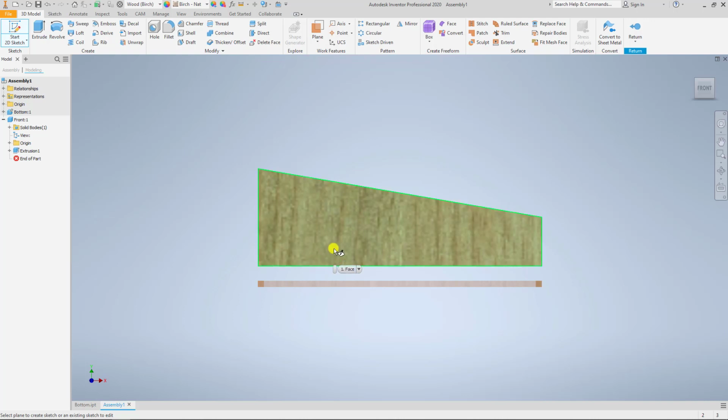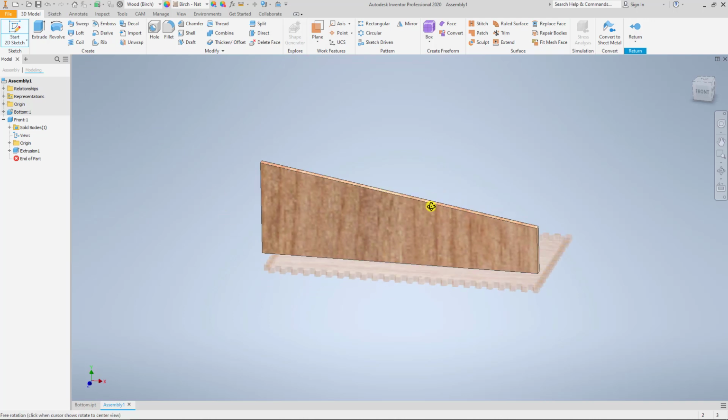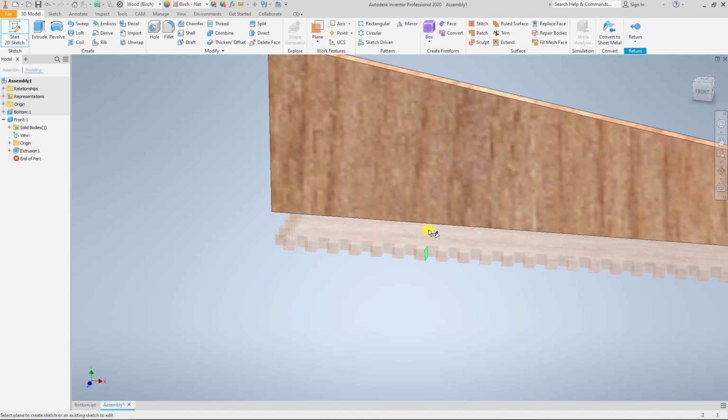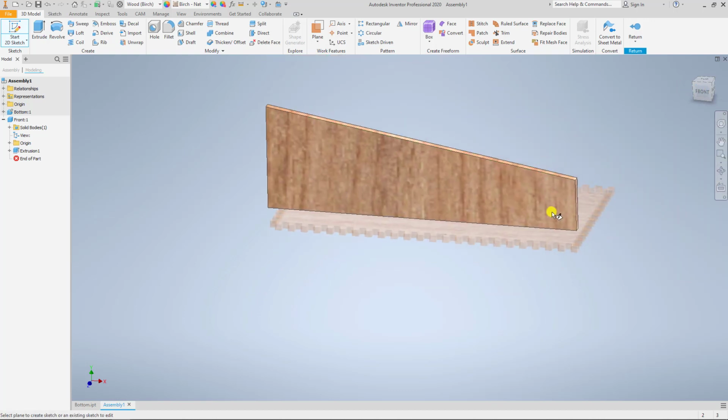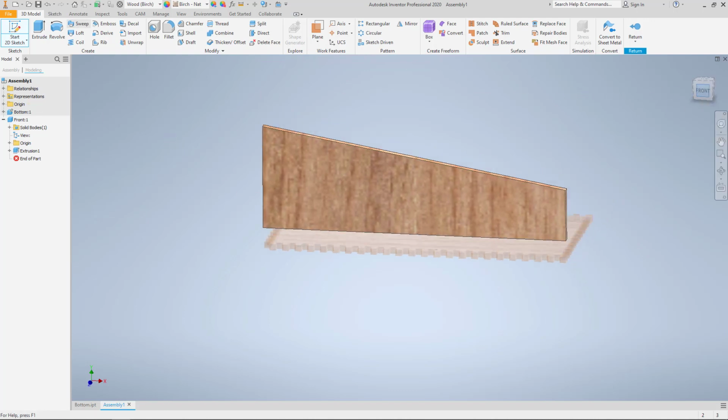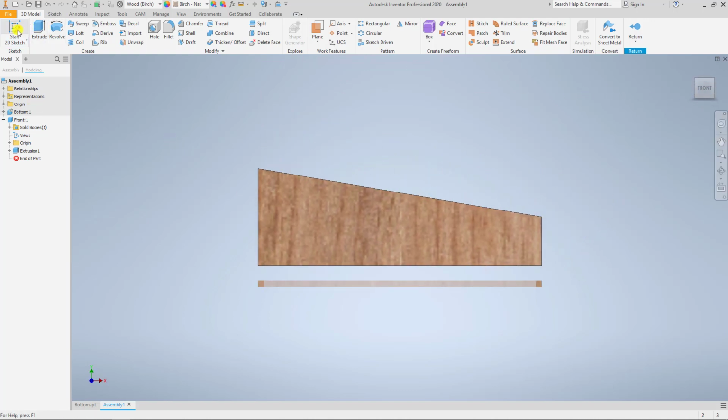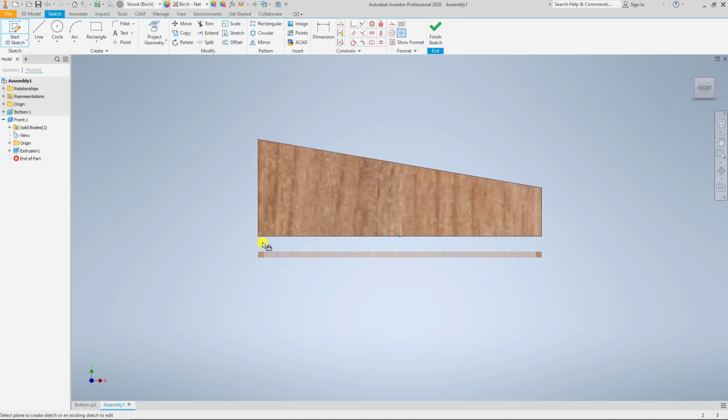So we've got to make sure that we're in the part, okay? The reason that we're doing this is because it's going to make it easier to see what I've got going on my bottom, because I can just look at my bottom and see what I've got. And this is especially more true when we start working on the two sides, okay? So let's go ahead and look at front, and then we're going to throw a sketch on the front face,